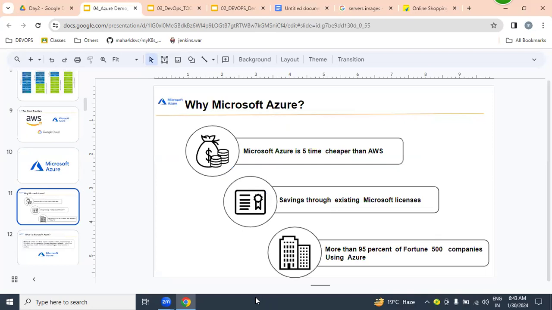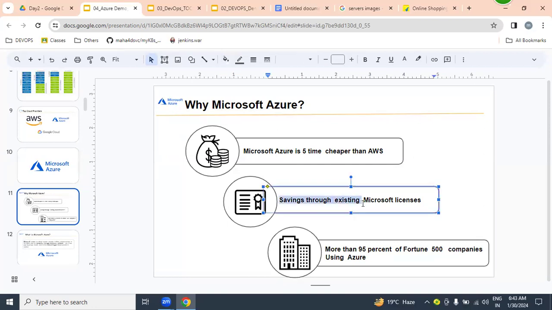Because Azure is 5 times cheaper than AWS, and we can save through an existing Microsoft license.